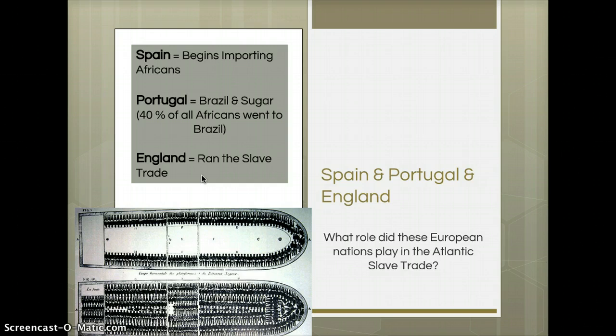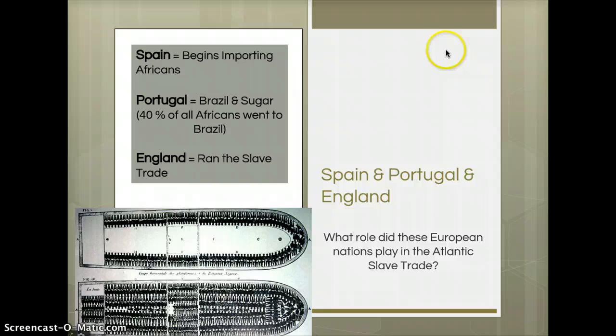And so this is one of their diagrams you recall from the textbook. This is how the English made money. They would take the slaves into the Americas, and this to me is one of the most revealing documents. Are the English thinking of these as human beings? Do you put human beings like this in a boat? So we can see the troubling aspect of the Atlantic slave trade.